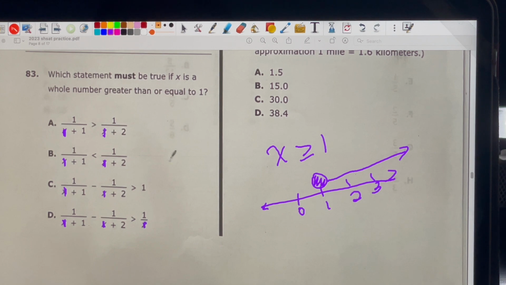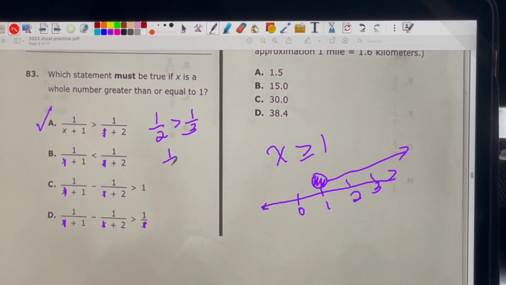So the first one, we get 1 over 2. A half is greater than 1/3. That is definitely not true, so that's gone. This is a half, because 1 over 1 plus 1 is less than, sorry, half is greater than 1/3. Let me start again, sorry. This is a half, is greater than 1 over 1 plus 2, which is 1/3. So that's definitely true. Sorry. That one's true. The bottom one, just to confirm,